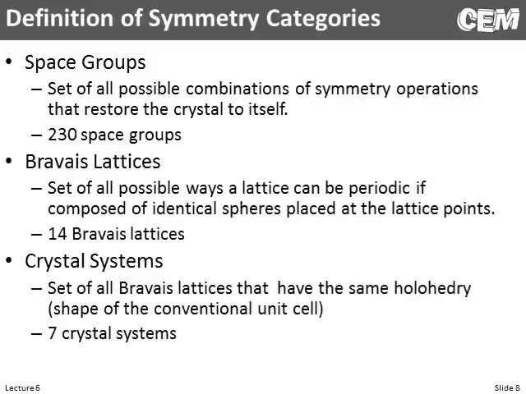As I mentioned, 230 space groups. We aren't really going to work with that. We're going to talk more in terms of what are called the Bravais lattices and crystal systems. I think these are all going to be words and titles that you're familiar with. You may not have heard Bravais lattice, but I think the names of the Bravais lattices you may have heard along the way somewhere. The simplification here is we can make something periodic out of triangles, out of